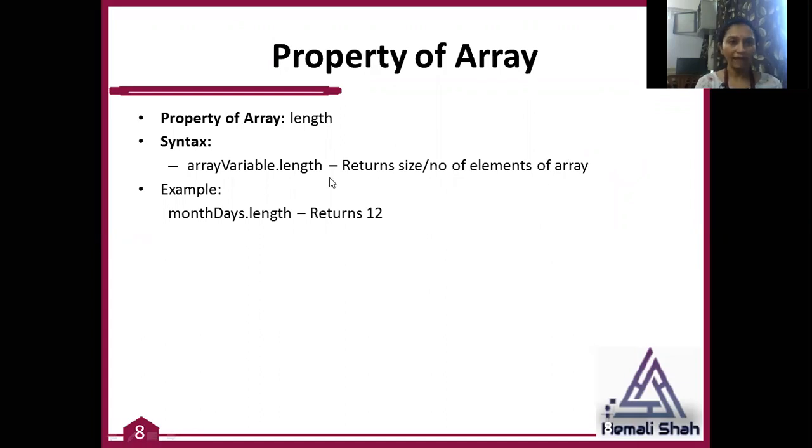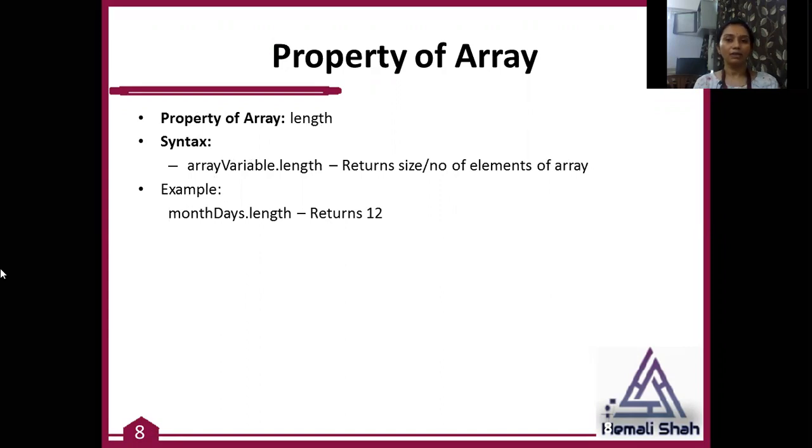Now how to access the length of the array at runtime? Because whenever you are declaring an array, you are never giving the size. So whenever you want to get the size of your array, length is a property available in Java arrays. To use this length property, the syntax is array variable name, then dot operator, then length. If you use such a syntax in your program, it will always return an integer value, and that integer value indicates the number of elements available in that array. That means the size of the array.